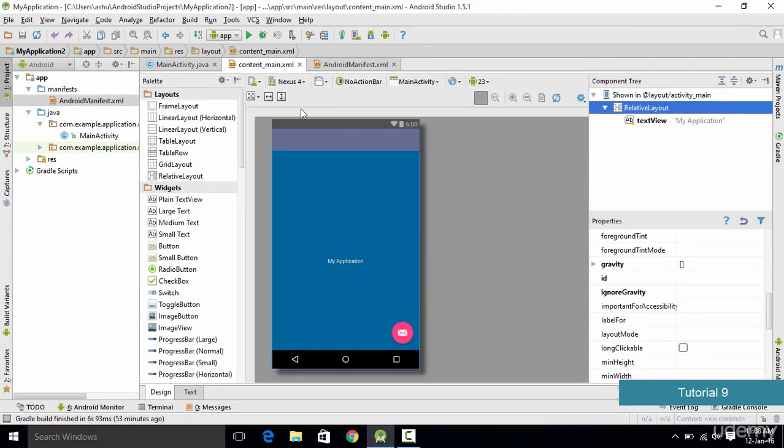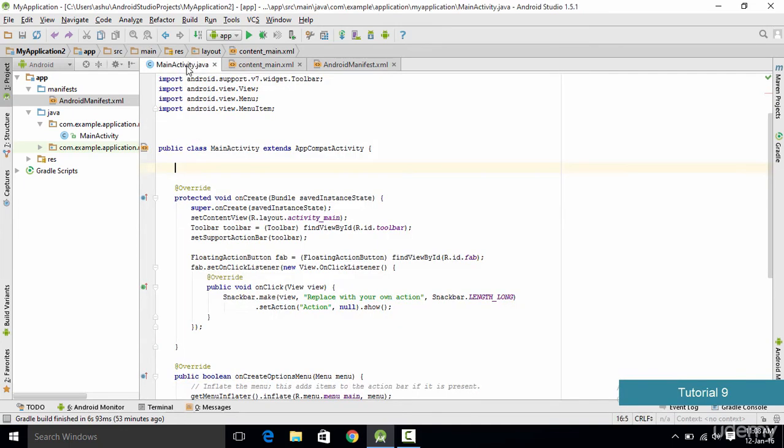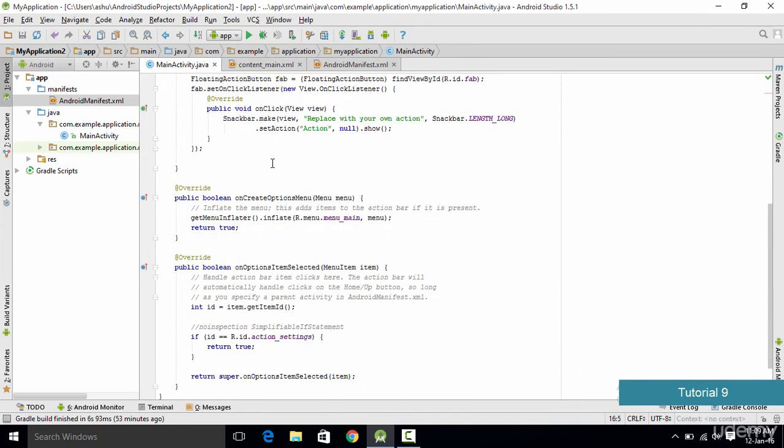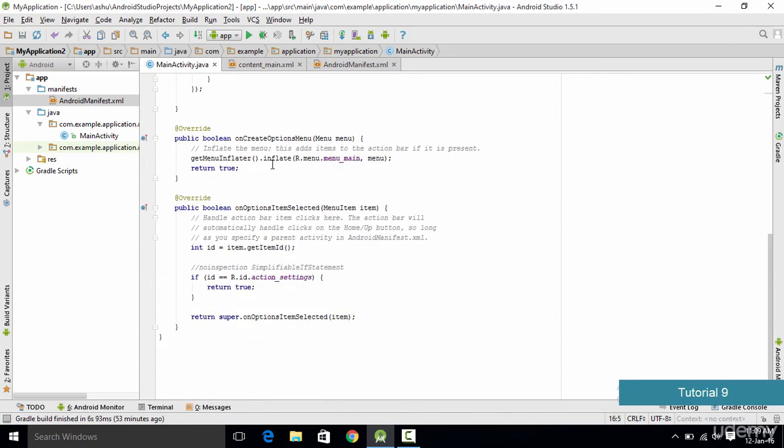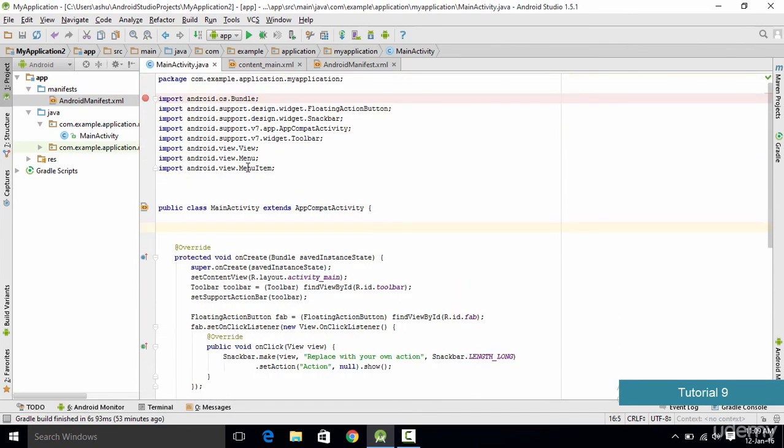Now in this tutorial we are going to study the different states of your main activity. So for example, in the previous tutorial we ignored this code, and that is because it is a bit difficult to understand this code for a beginner, and in this tutorial we are going to go through this code and understand what some of the code means. So for this tutorial we are going to study the states of an activity. As I've explained in the previous tutorial, this code is the brain of your Android application. So it handles everything, it handles each and every activity, and it is also used in order to manipulate the data.